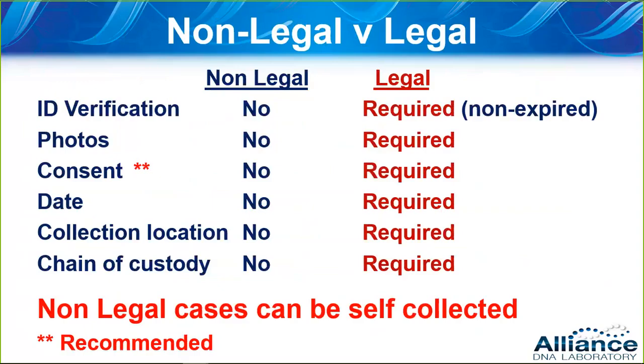Any individual that's in a DNA test for a legal test, you need to take a photo of those individuals. And you definitely need to get consent signatures. For the child, if the child is underage, then you need a guardian or parent assigned for the child. We require the date of the collection, the location of the collection, and you need to maintain chain of custody